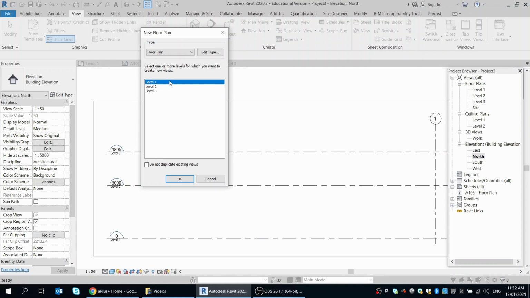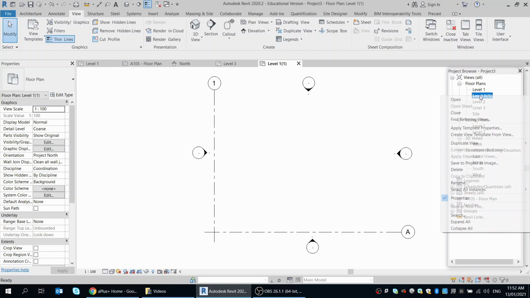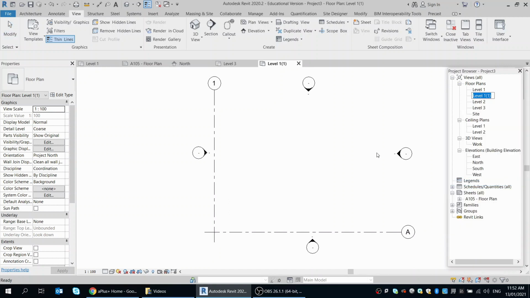So I can create another floor plan attached to any of these 3 levels that I want, and I just click OK once I've got this level selected, and it creates another floor plan. It's numbered it randomly because I've hosted it on level 1. It's just done that with the number 1 at the end in brackets, but I can rename that view to anything I want. If I right click in the project browser, go down to rename, I can call that